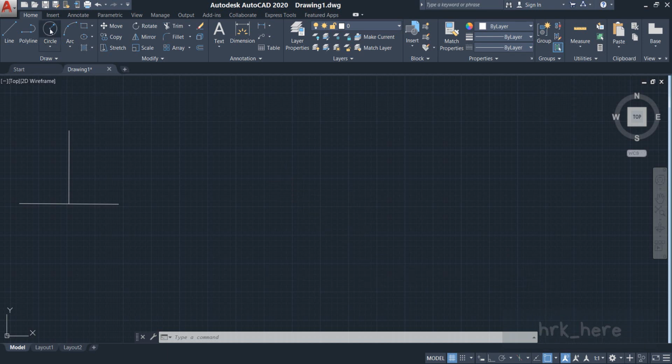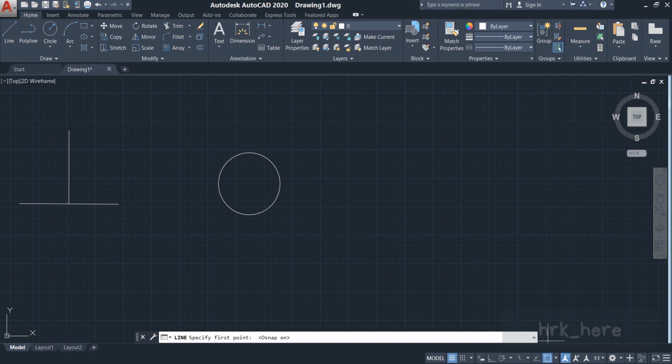So again I'll draw a circle and I'll switch off the object snap. Just imagine I want to draw one line from the center point of the circle. So I come to the line option and I start finding the center point of the circle. Well, I'm not able to find it. However I move my cursor. But what if you turn on the object snap?